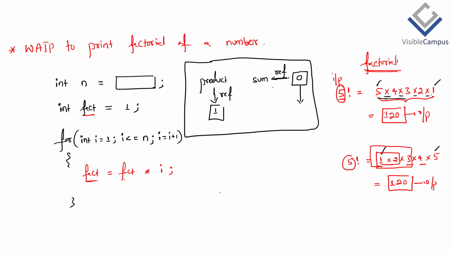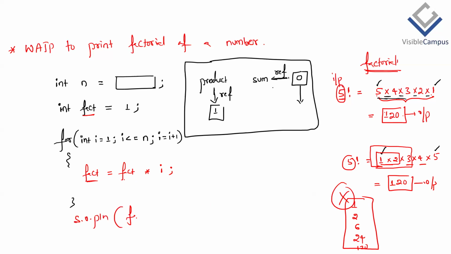The loop is only multiplying. And do we want multiple outputs to be printed or only one single output? One output means it should be inside the loop or outside the loop? If the print statement is inside the loop, then how many times will we get the output? For every time the loop runs, one output, so 5 outputs we'll get. But we want every step output as first multiplication 1, then 2, then 6, then 24, then 120, or only 120 as output? Only one time. 120 is the output. That's why outside the loop,